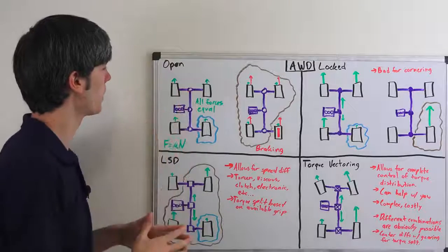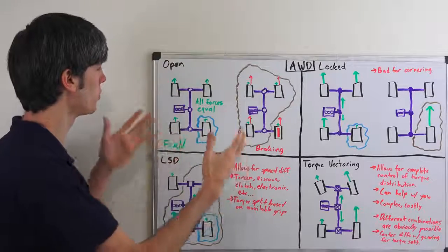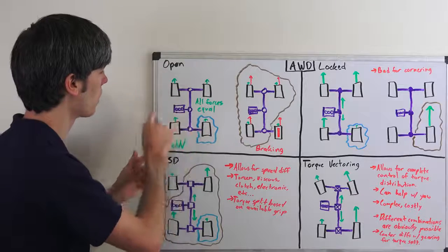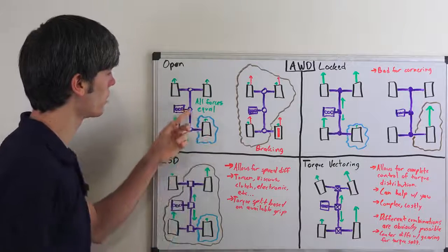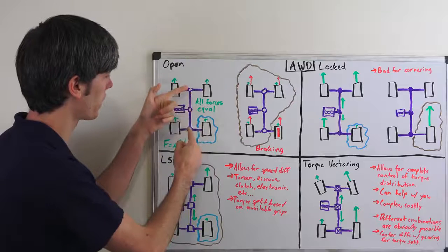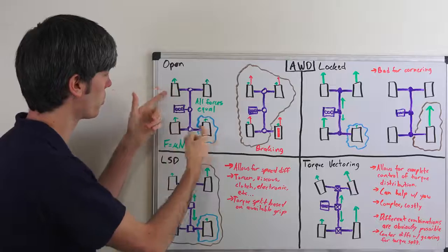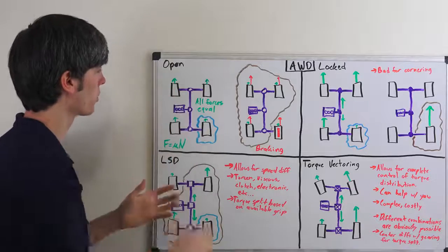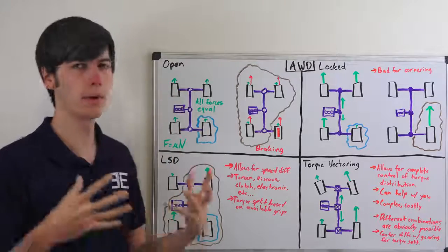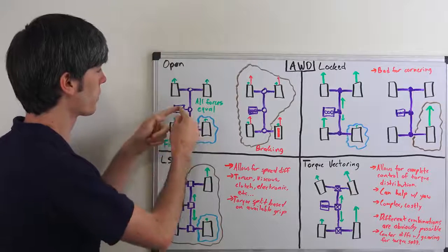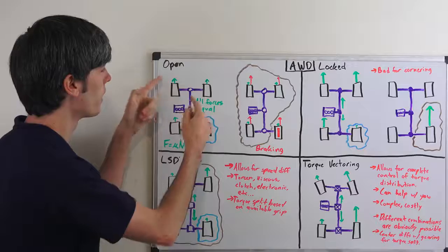So for our first example, we're going to be looking at an all-wheel drive system using only open differentials. So here we have our vehicle, here's the front of the car. We've got our engine sending torque to a center differential, which is then splitting it between the front and rear differentials, and then those split the power between the two wheels on each axle. And so all three of these are going to be open differentials. And what that means is that the torque split is always going to be 50-50. So half the torque goes to the front, half the torque goes to the rear, and then half the torque